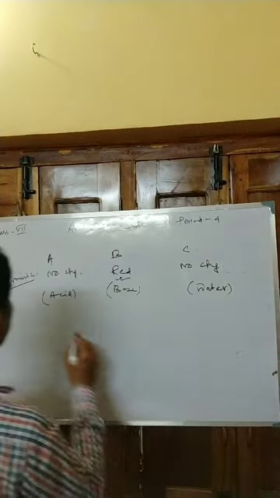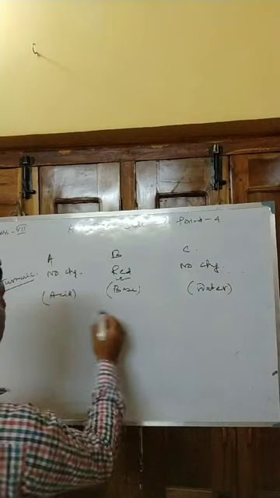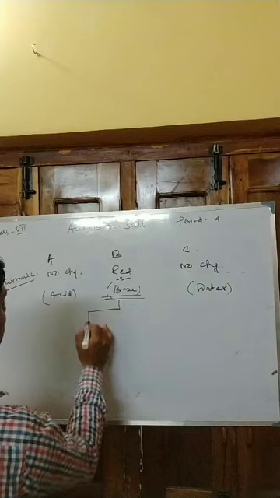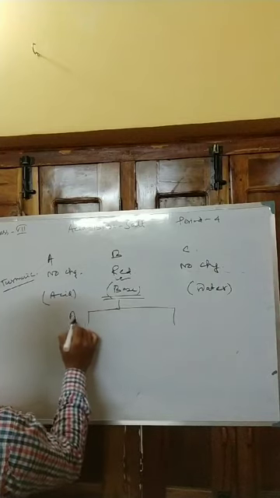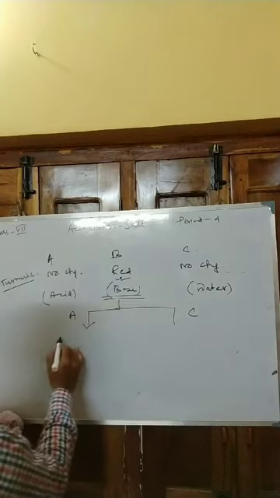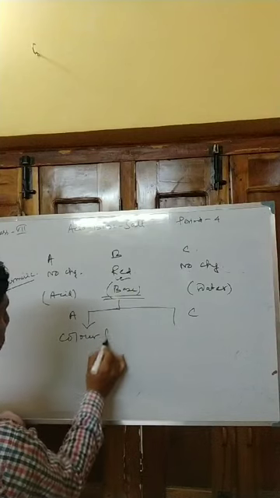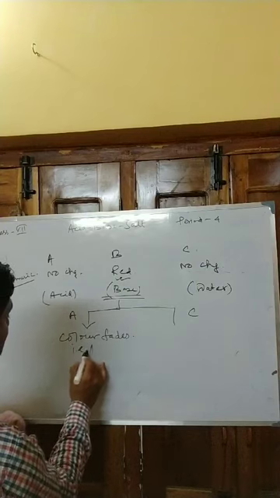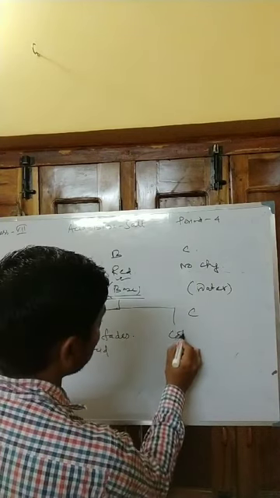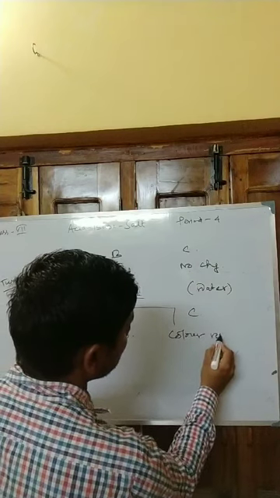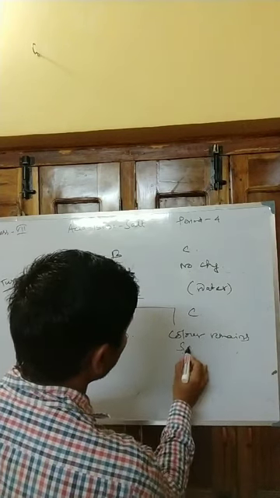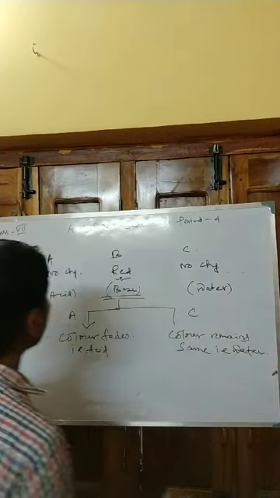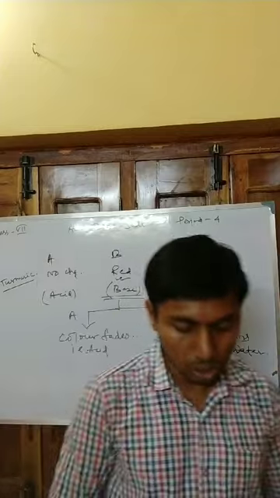But we have to distinguish between acid and water. So taking this solution, first of all divide it into 2 parts, add A and add C. The color fades, that is acid. Color remains the same, that is water. So in this way we can distinguish between the 3 solutions.